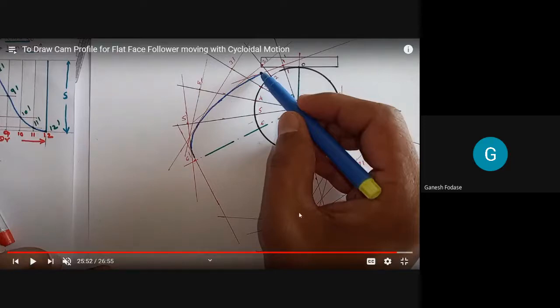But here we are not going to draw directly through those points, but we will draw perpendiculars through these points and then a curve tangent to these perpendiculars. Passing through the base of those perpendiculars will give you the final cam profile. So this is the procedure for drawing a cam profile when the follower is a flat face follower. I hope you understand this. If any doubt, please ask.